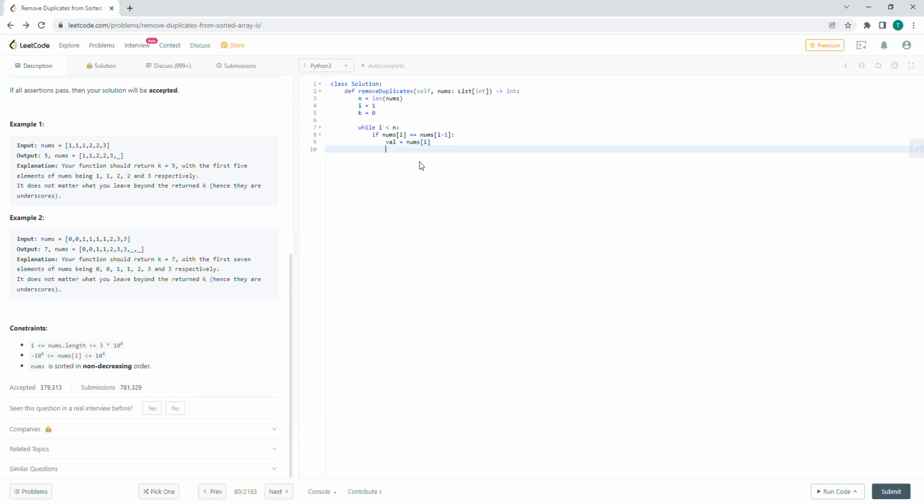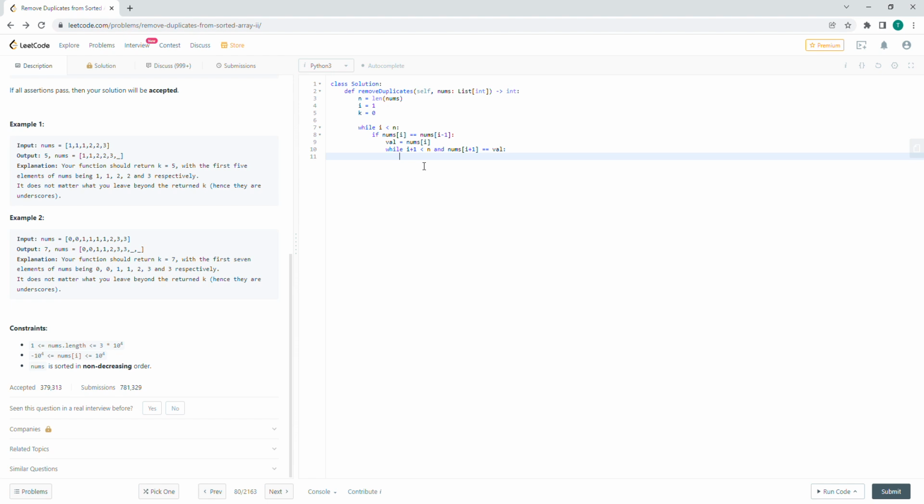And then, while i plus 1 is less than n and nums at i plus 1, the index after it, is equal to val, then what we want to do is